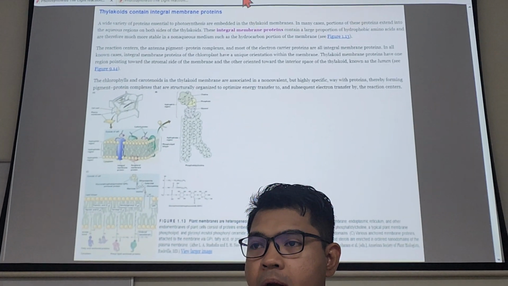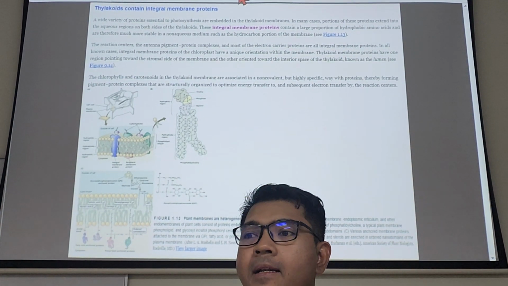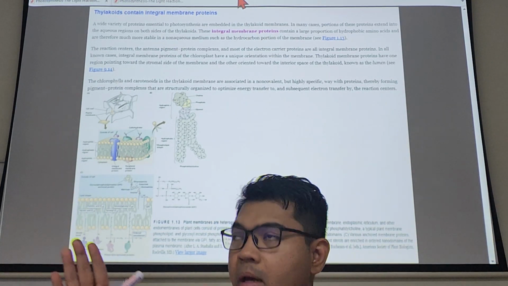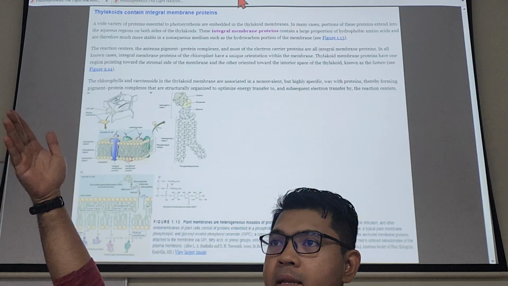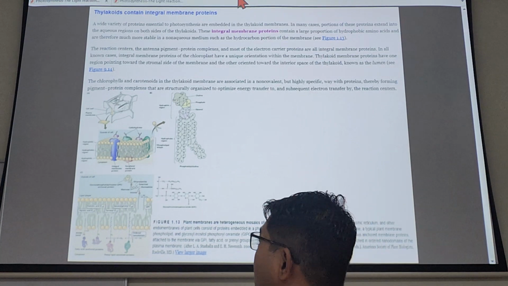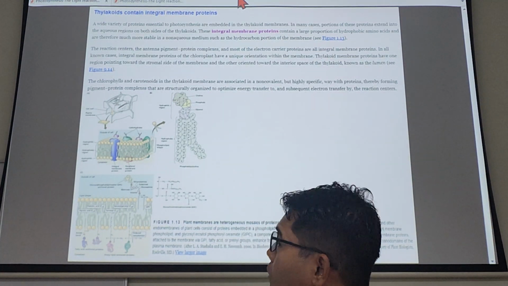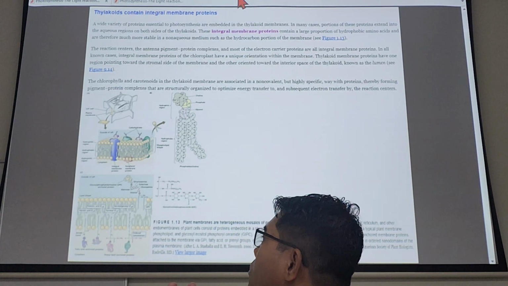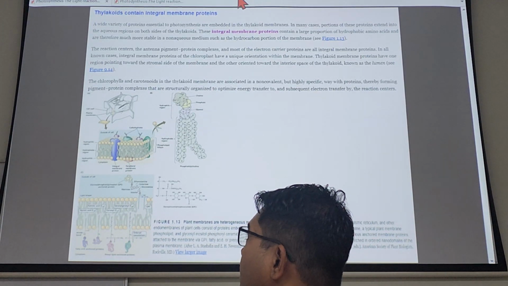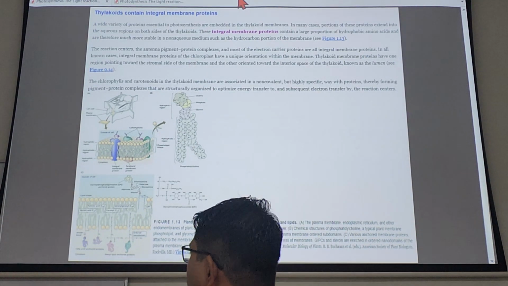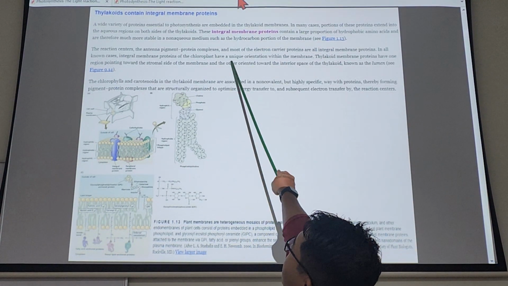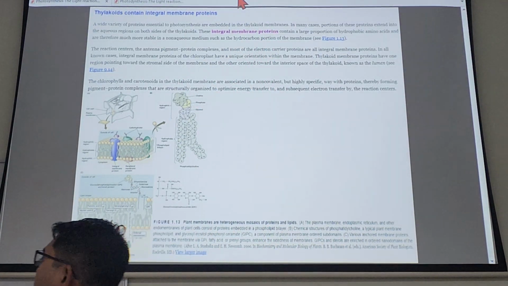You know the plasma membrane of a cell, right? Now you are inside the cell, inside an organelle, inside a membrane. So there are many layers of inside. This is super small. We are talking about maybe not nanometer, we are talking about picometer right now. So small. When we talk about membrane, thylakoid is also a membrane. The important thing to know is that the thylakoid membrane contains the integral membrane protein, meaning that the membrane of